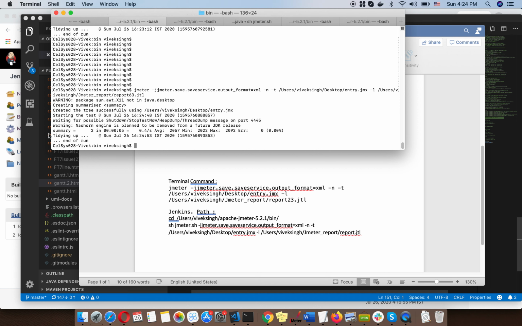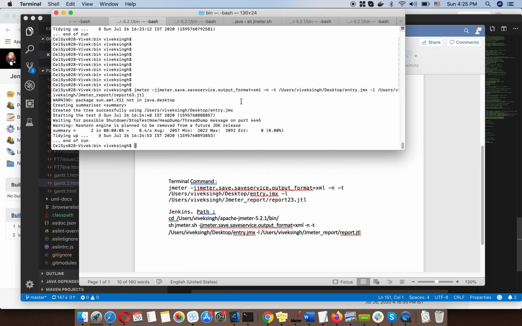See, you can see the summary is 2, which means 2 samples have been run in that particular script. The average response time is 2057, which is almost 2 seconds, and this is the minimum time and this is the maximum time it has taken. Error percentage is 0.